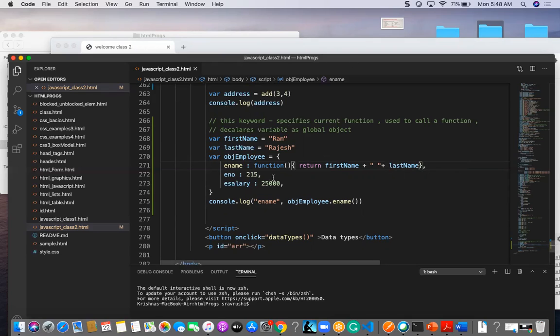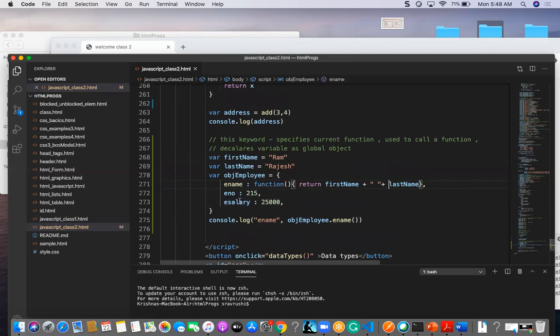Okay, within the same object. So that's about this keyword, and here also if I am going to see what is there in this keyword.